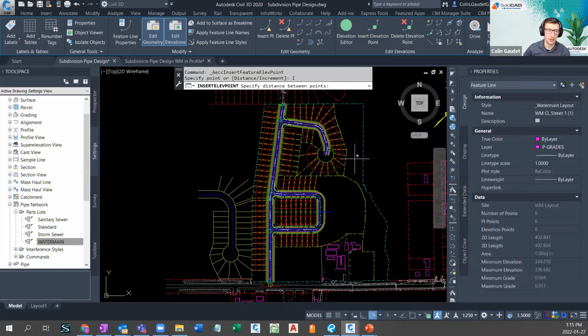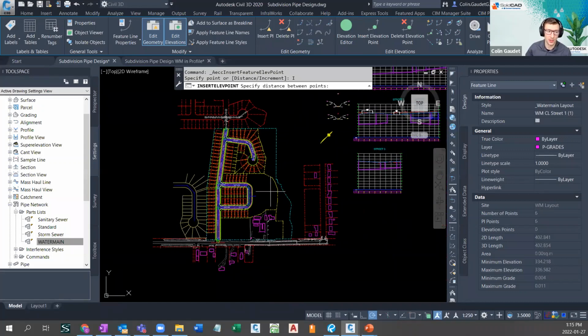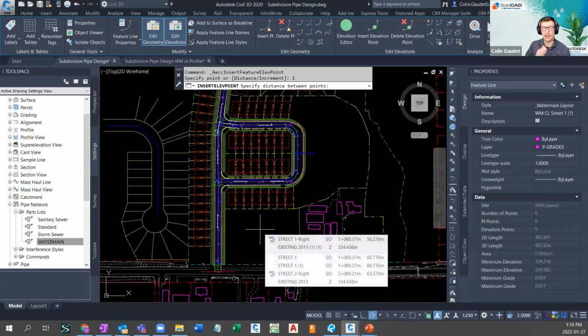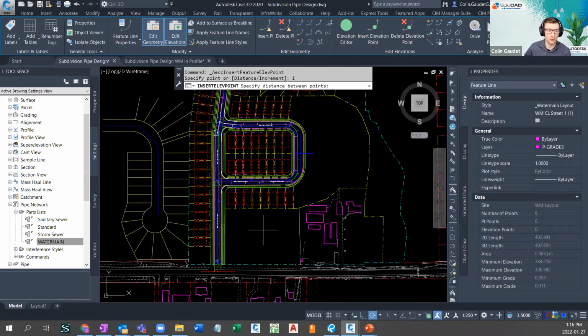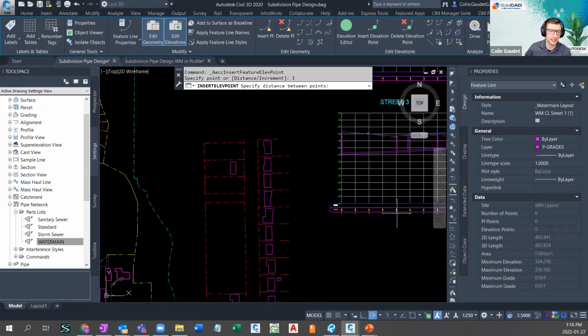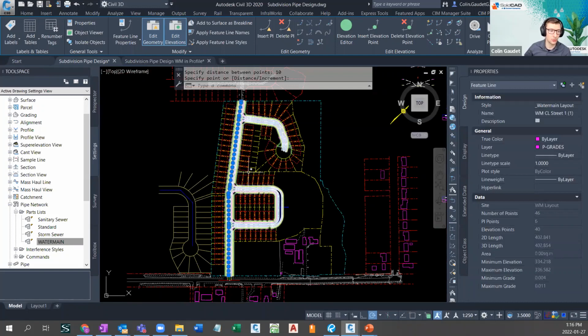Add an increment of, and if we're going to reflect the modeling to the best capability we can in terms of constructability, or depending on how we'd like to show elevations in the profile, I would either put this in at pipe lengths, or if I know that I need to show this at 10-meter intervals, for example, if I need to show the elevations at the top of the pipe in my profile bands, I would add elevation points at a distance of, let's call it 10 meters. It adds all of these in. Now, this is crucial to do beforehand,